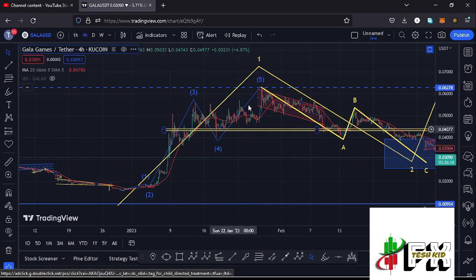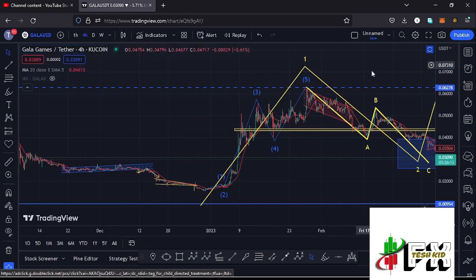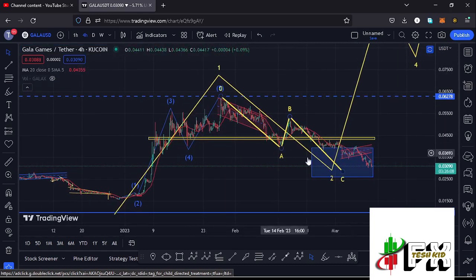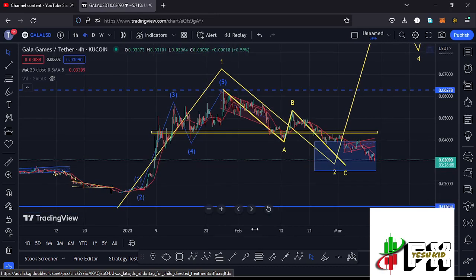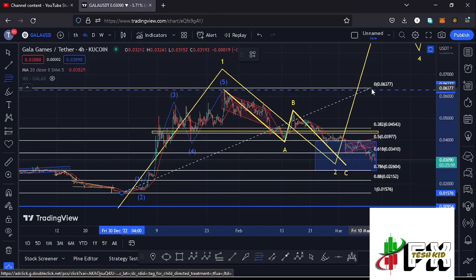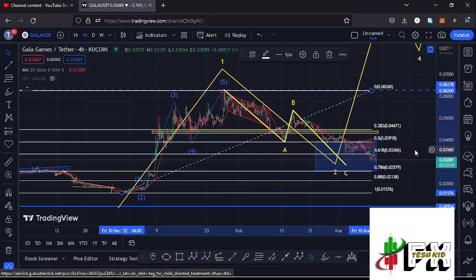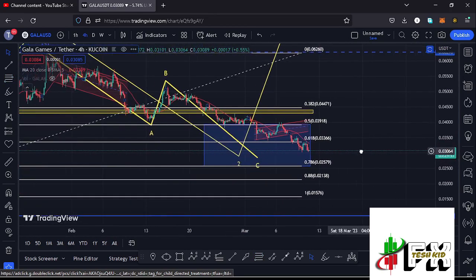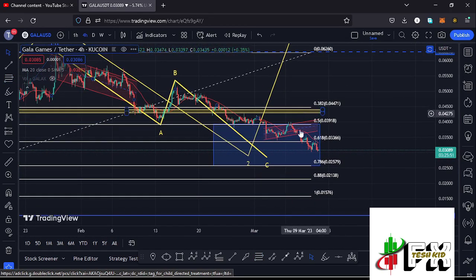$0.06278 mark. And after seeing the high for that wave 5, we completed an even larger Elliott wave count 1 to the upper side, and after seeing the formation of a larger Elliott wave count 1, whatever we expected next was a corrective structure to the lower side in the formation of a larger Elliott wave count 2, and using the Fibonacci's, connecting them from the low of the first wave down there to the high of that wave 1, I was able to come up with a minimum retracement area to the lower side in the formation of that larger Elliott wave count 2 between the fib level 0.5 and the fib level 0.78,